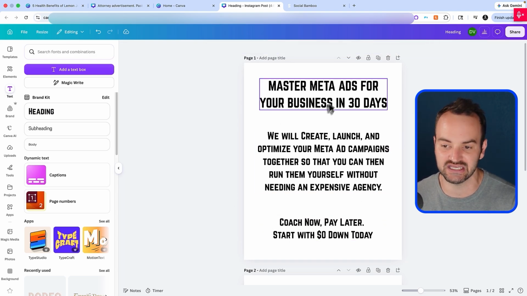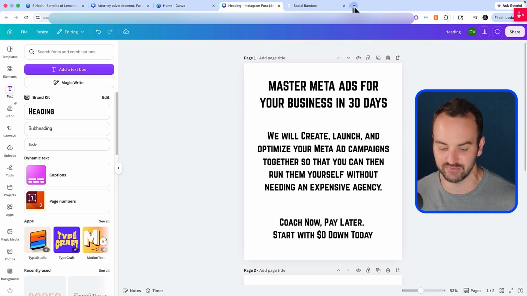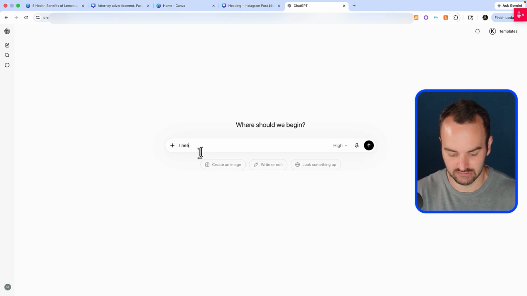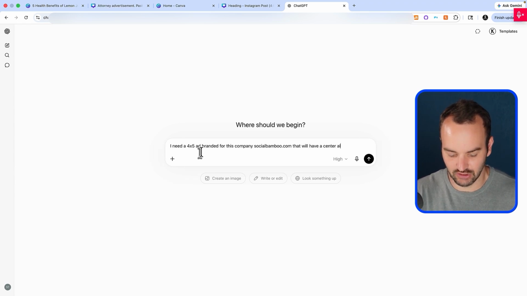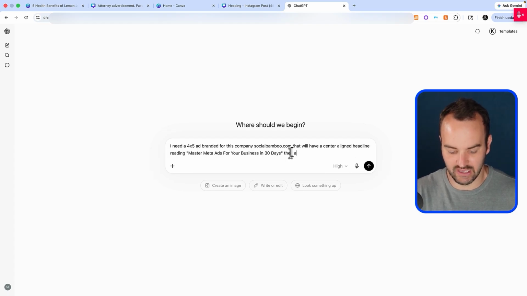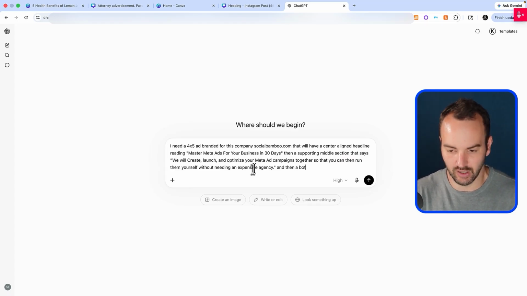But let's just say that I want to give ChatGPT: I need a 4x5 ad branded for this company that will have a center aligned headline reading, then a supporting middle section that says, and then a bottom closing section that says,